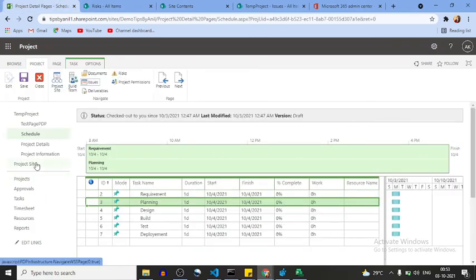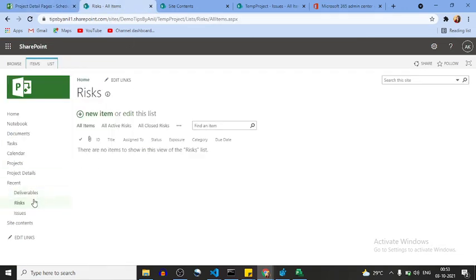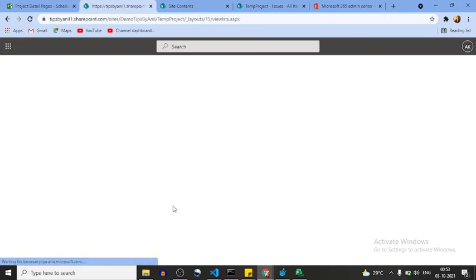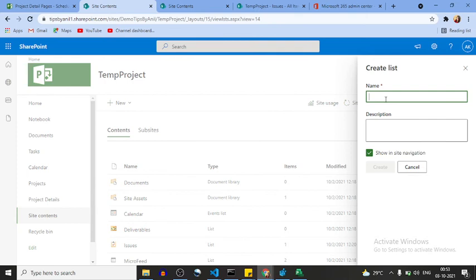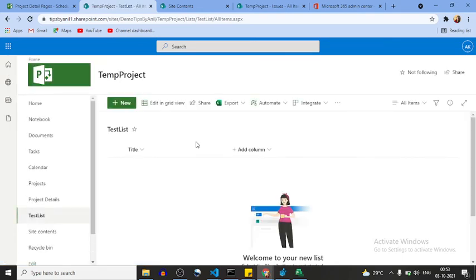Only one more thing I want to tell you: suppose I want to create a new list, a test list. And I want to add this list to all projects. Suppose whenever I create a new project, this list should come up inside every project site. Then what do I have to do?